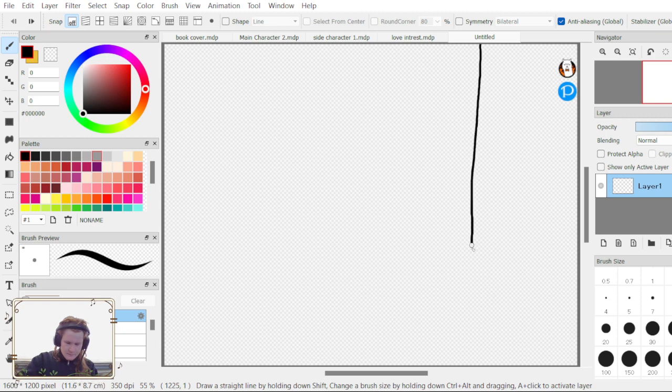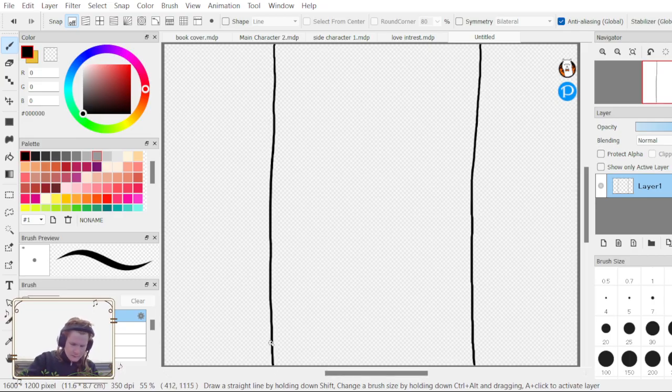Do the same thing where we kind of cut it into squares for our planning with this character.